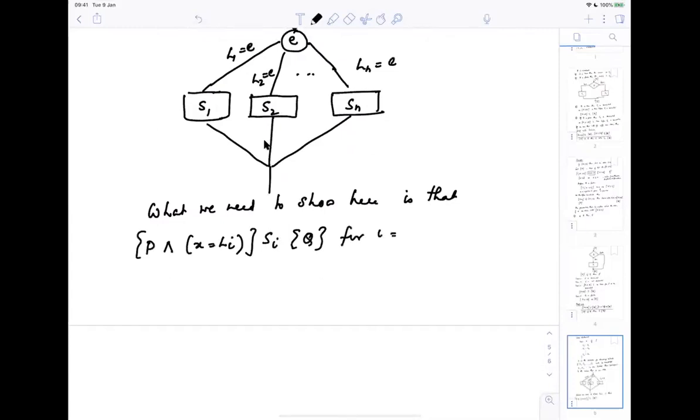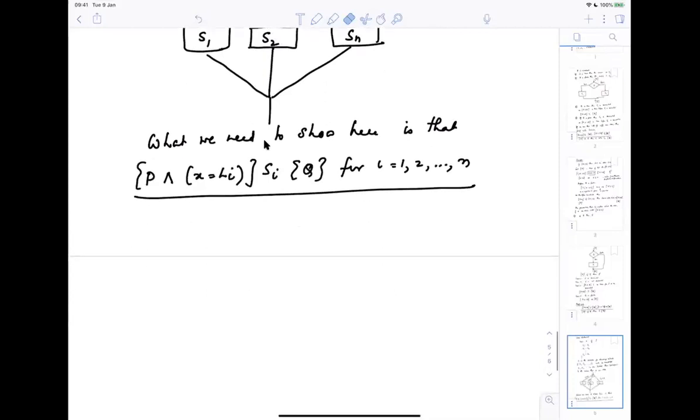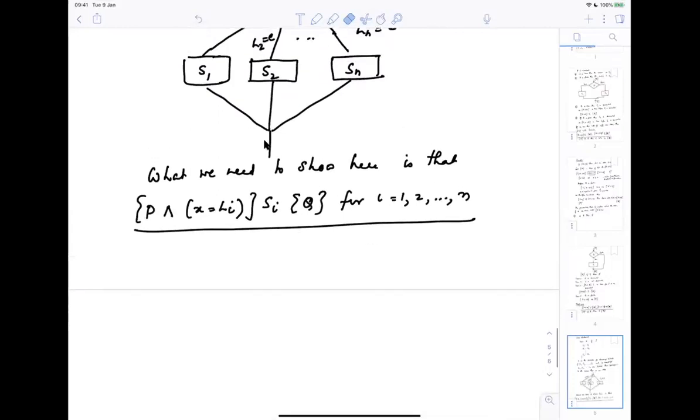If you can prove this for each of the Li's, then we can conclude that P and X. Let me write it a little differently. Let's say these Li are some discrete values, then the proof rule